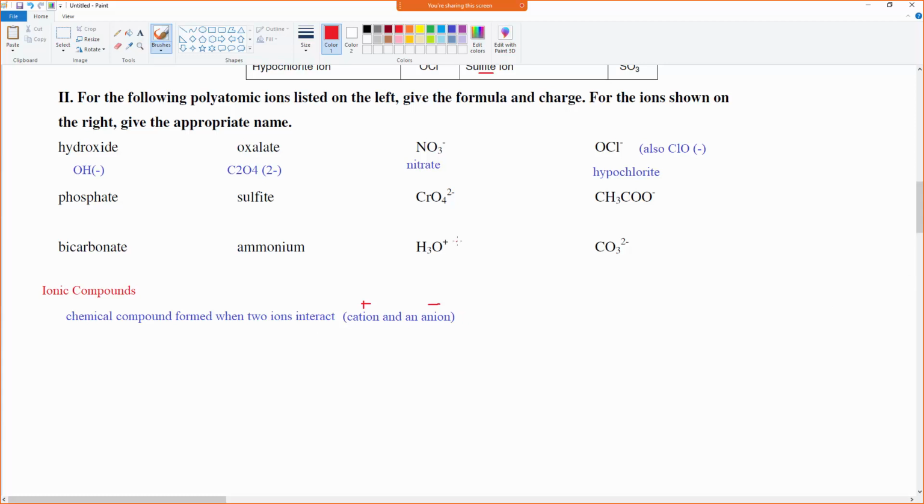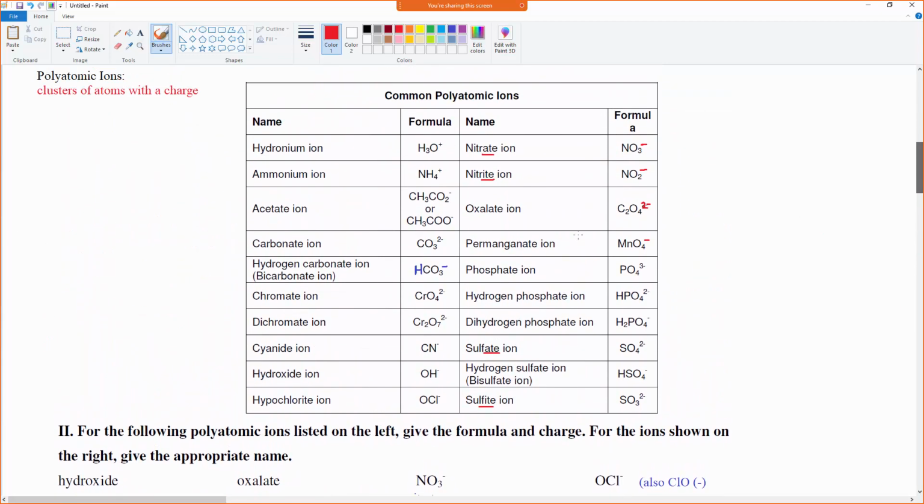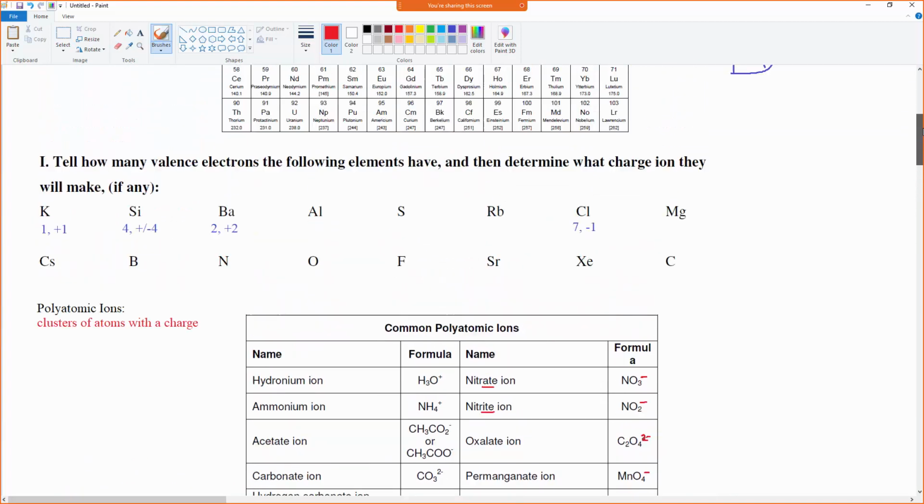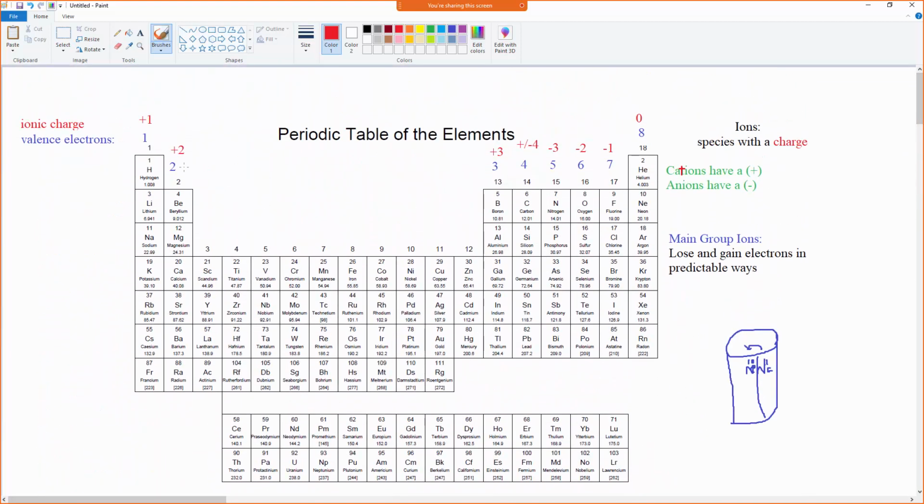There's a couple things that we can pull away from this. One is that if you see polyatomic ions stuck together, then you can suspect that that's probably an ionic compound. But also, if you're looking up here at the periodic table, you see that the metals all make positive charges, and the nonmetals over here all make negative charges. So if you see a compound that combines a metal and a nonmetal, then you should suspect that that is